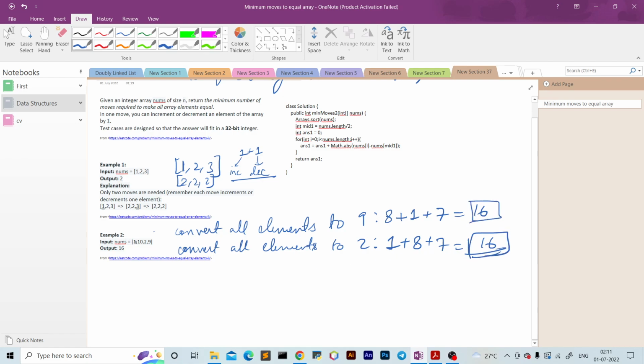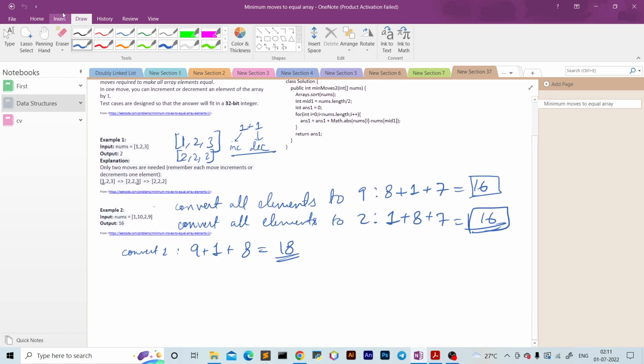Now if we try to convert all elements to 1, for 10 we would require 9 decrements, for 2 we would require 1 decrement, and for 9 we would require 8 decrements, which means 18 total moves, which is greater than 16. And